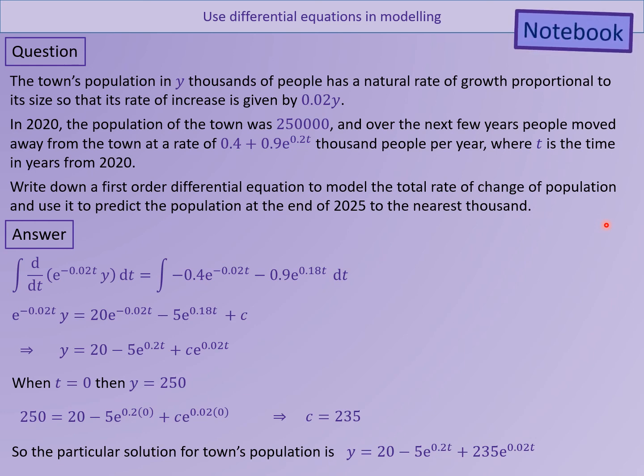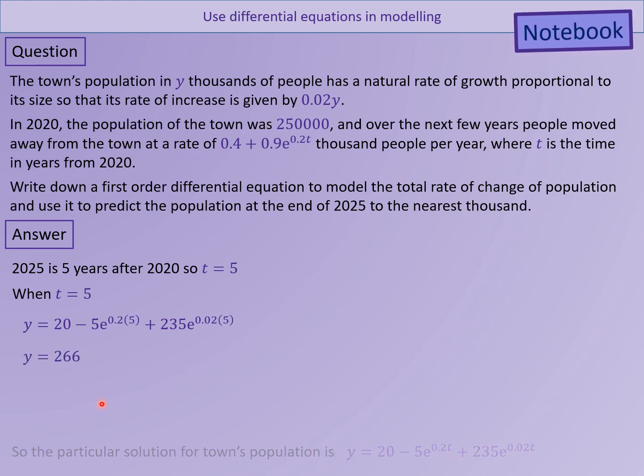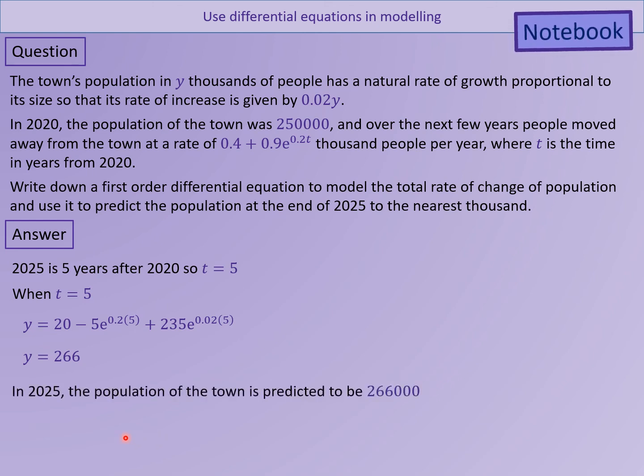Once I've done that, what I can do now is I can work out the answer to this bit. Predict the population at the end of 2020, so nearest 1,000. So I could use my model to do that. It works it out to the nearest 1,000. So in 2025, that's going to be 5 years on from 2020. So I'm putting in t equals 5, and I can substitute that into my equation, and that's going to tell me what y value is. Okay, so a relatively straightforward end to that equation. So there we go, 266,